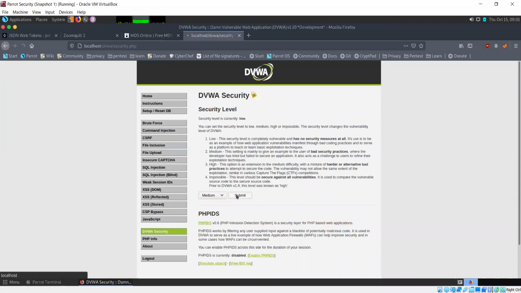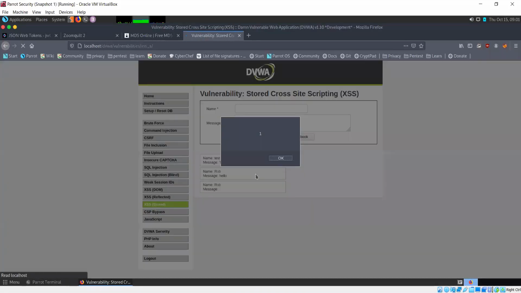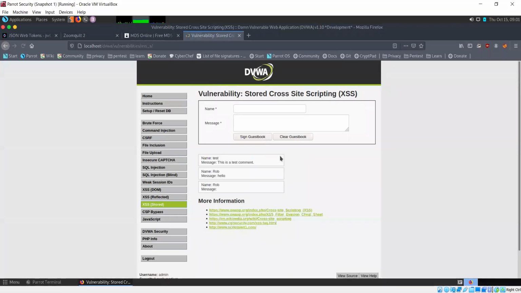Now we come to the medium level. Go back to stored, and let's try the same thing again. Message, let's try to insert the script.